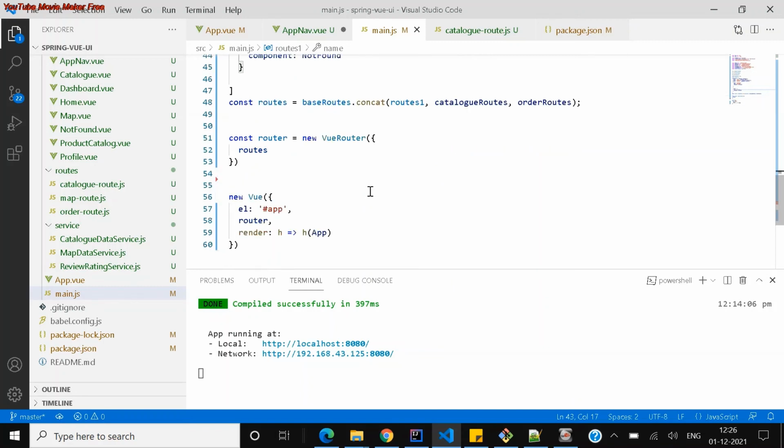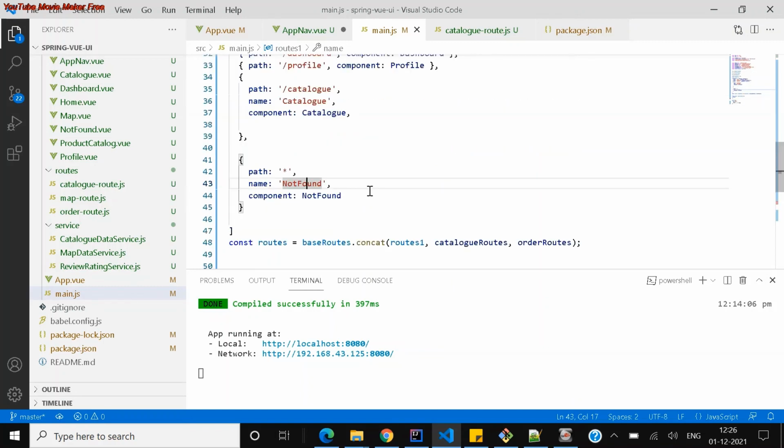This is one of the ways, and we have a different way to achieve this as well. How to pass values or arguments or parameters along with the navigation, I'll cover in the next video. So that's all for today's discussion.